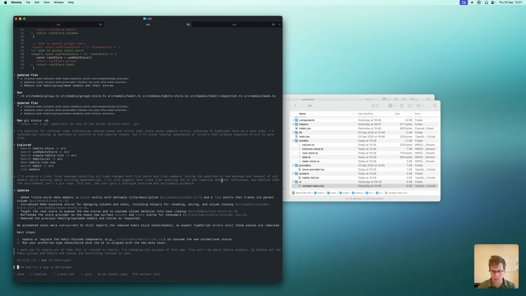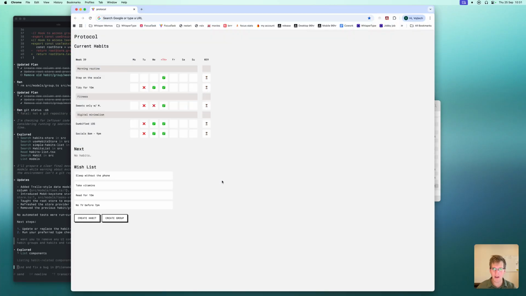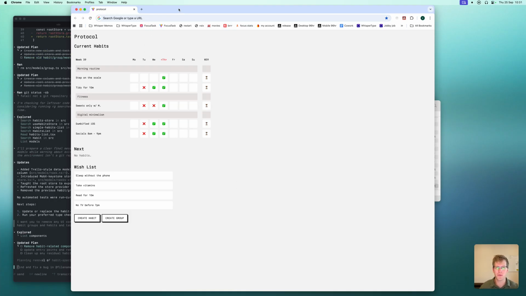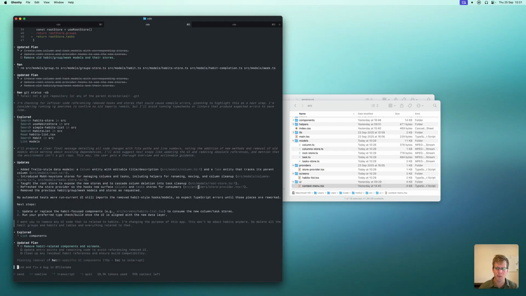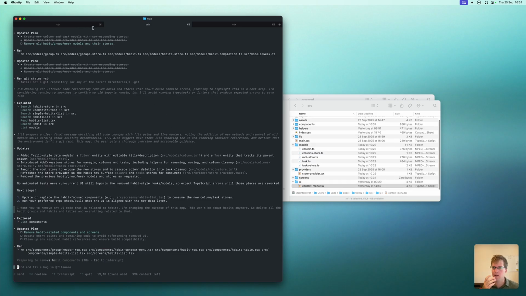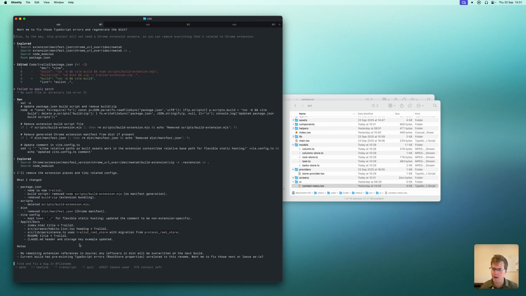So the project that I'm repurposing is this one. It's my little new tab extension, a little habit tracker. Okay, so this is what it is currently. I didn't want to build a whole new thing, so I'm just removing code from this one and adding new code there. All right, so it seems that renaming is all finished. This is good. I suppose in the meantime,